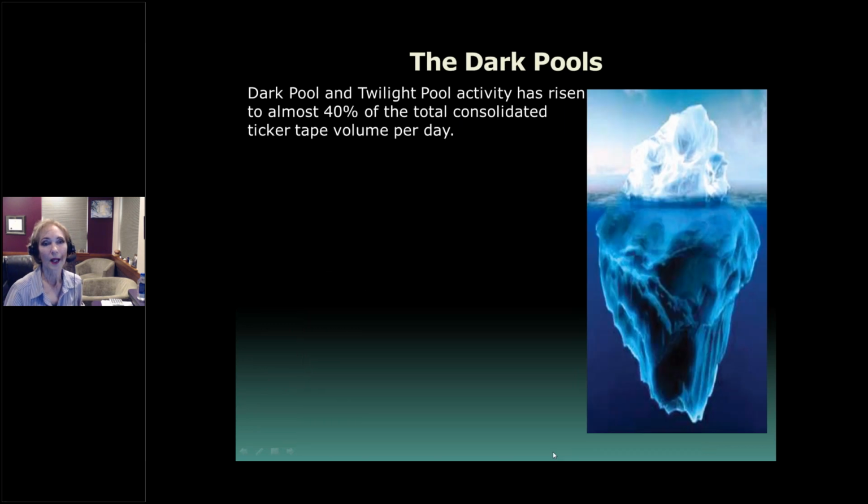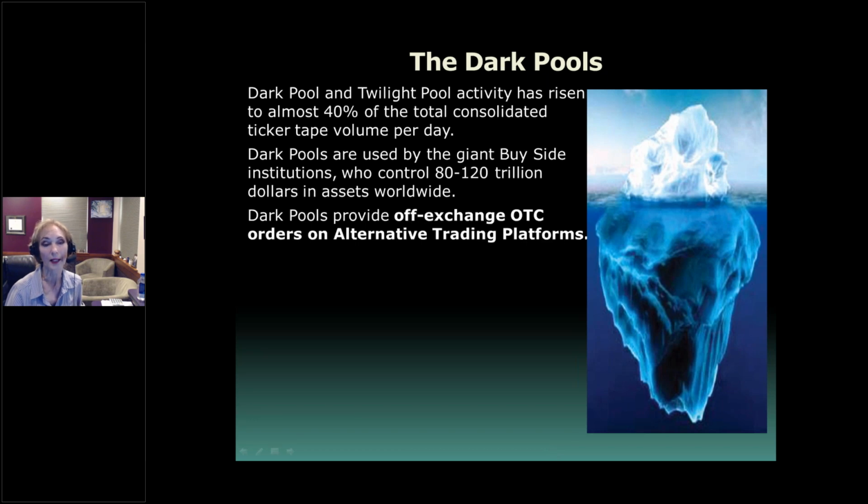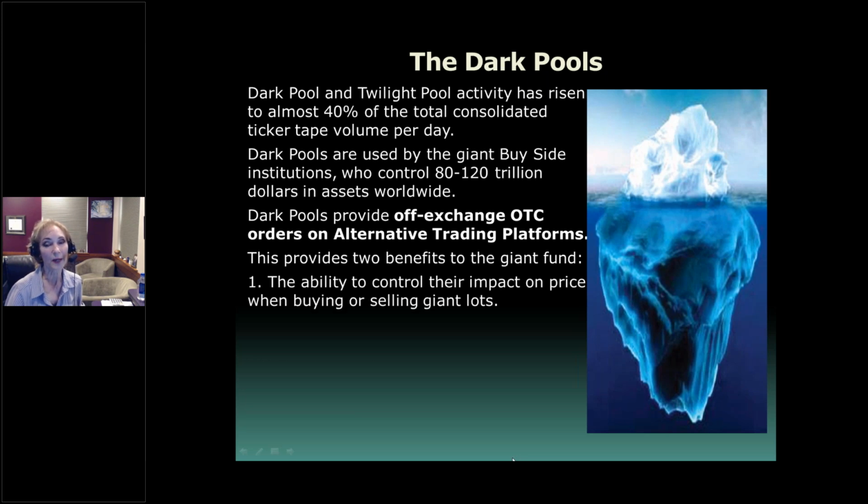Dark pool and twilight pool activity has risen to almost 40% of the total consolidated ticker tape volume per day. So all that activity you can't see. Dark pools are used by the giant buy-side institutions who control $80 to $120 trillion in assets worldwide. Dark pools provide off-exchange OTC orders on alternative trading platforms you are not allowed to see. This provides 2 benefits to the giant fund: the ability to control their impact on price when buying or selling stocks, so they do not move price much,